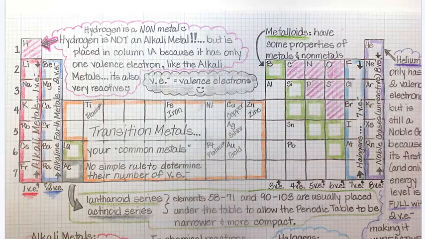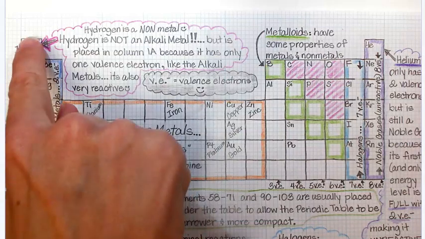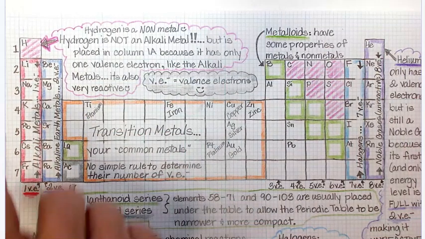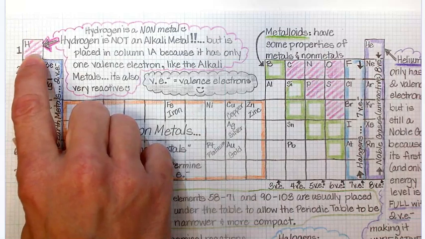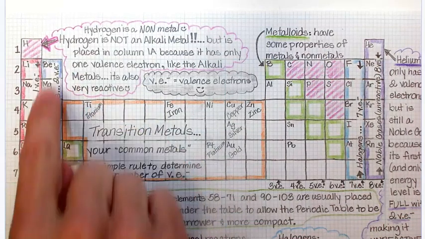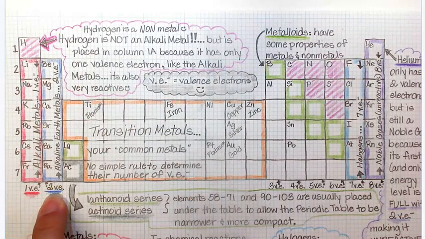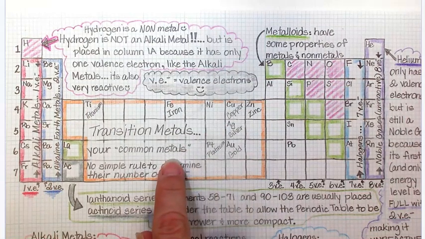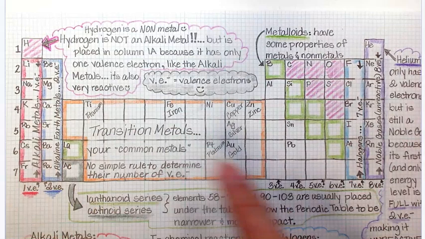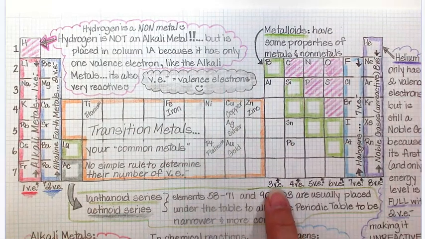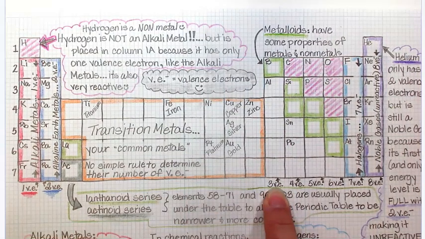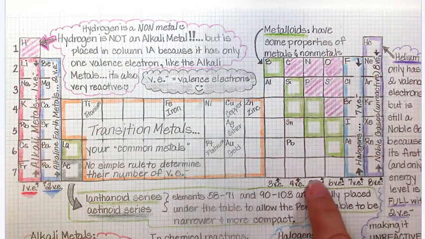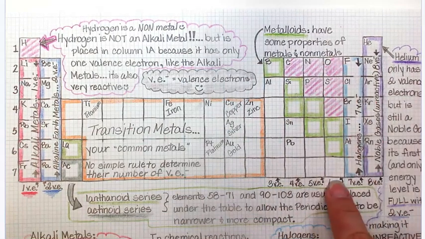All right, this is a quick reminder about the layout of the periodic table. All of your elements in this first column have 1 valence electron. Hydrogen is put there because even though it's a nonmetal, it has 1 valence electron. All of your elements in the second tall column have 2 valence electrons. As 8th graders, you don't have to worry about figuring out how many valence electrons there are in these short columns. But you go back over here to the tall column, next tall column, that's either column 13 or 3A. There are 3 valence electrons for everybody in there, 4 valence electrons, 5 valence electrons, 6 valence electrons in column